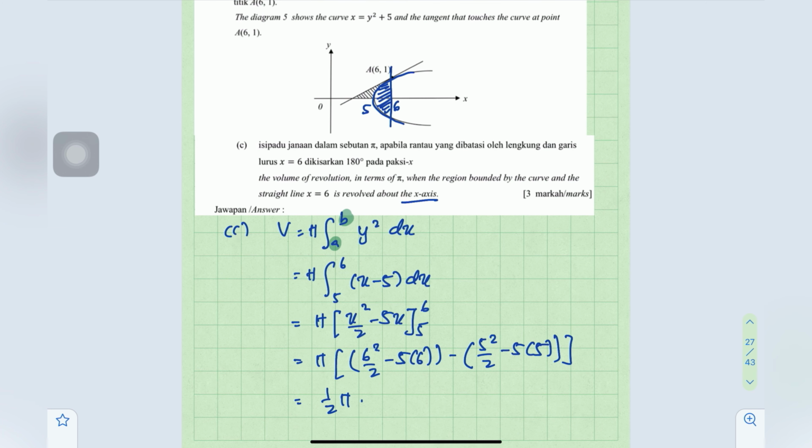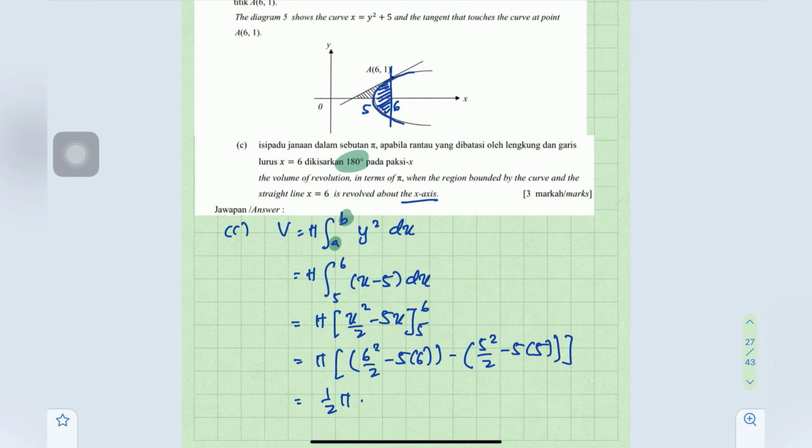Okay, yang ni memang dia kata revolve 180 degree sebab dia ada dua wing. Jadi maksud bila walaupun dia rotated 180 degree, jadi dia still akan dapat complete solid yang macam seolah-olah dia rotate